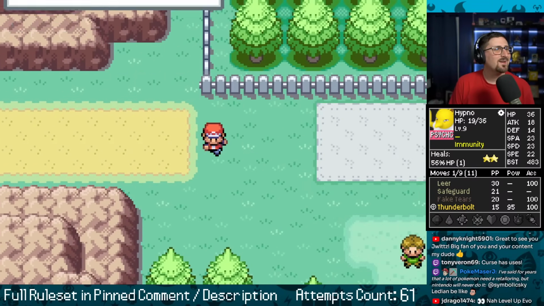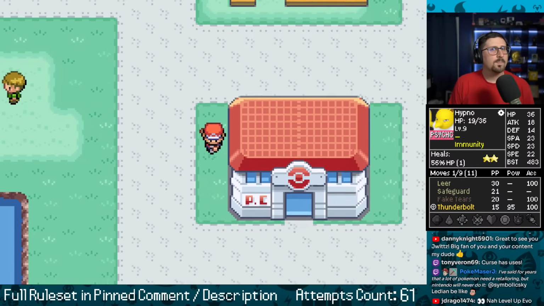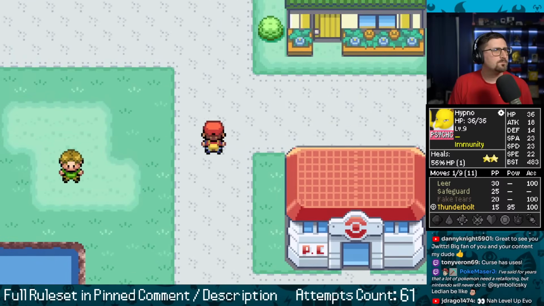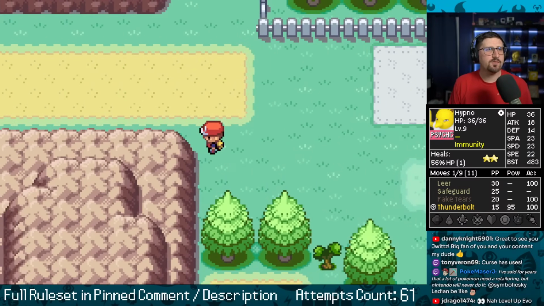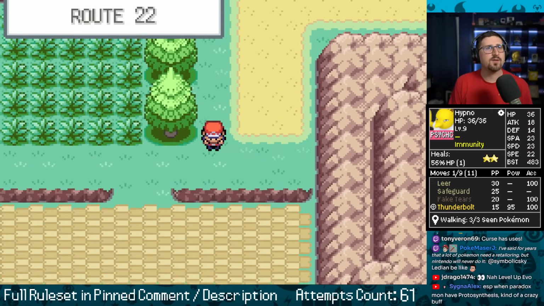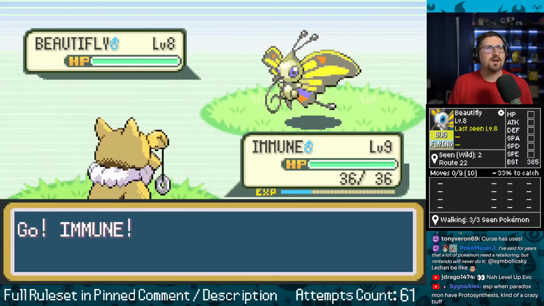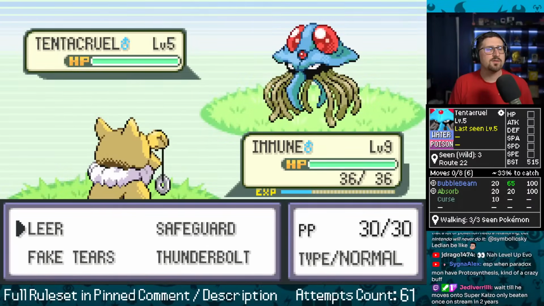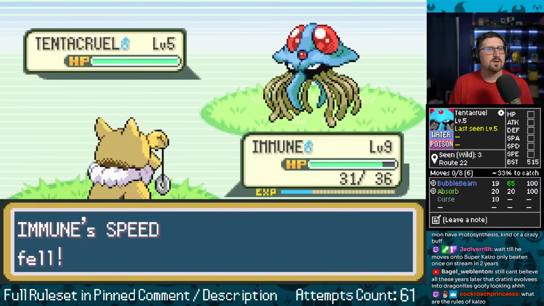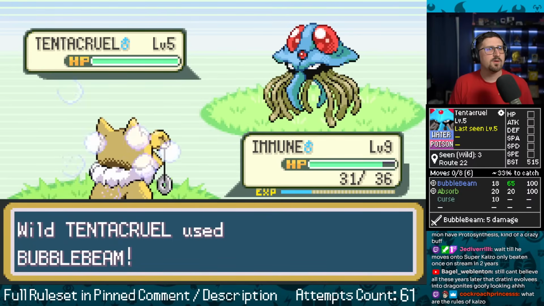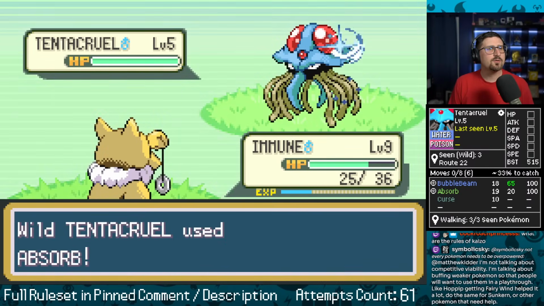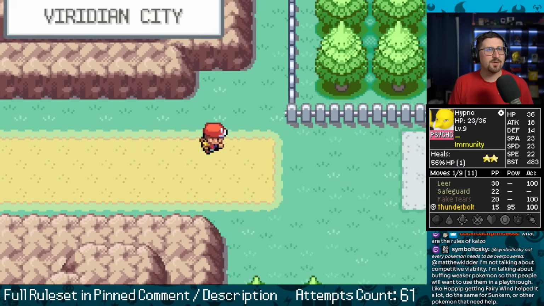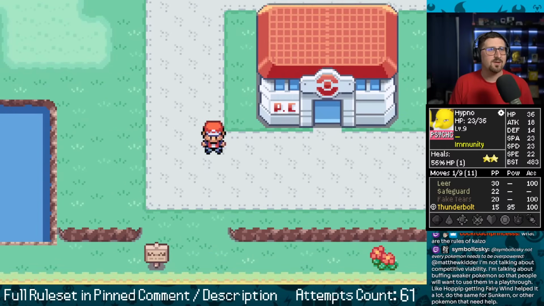What the heck? Level up? What? You mean keep going with Hypno? Yeah, Curse has uses? Oh, for sure. I mean, it's not bad. It's not a nothing move. My fear is I think I need to see a level 8 Tentacruel just in case. See if it knows a different move. I am just trying to see. Okay, show me your fourth move. Why is this Tentacruel so smart? The AI is supposed to, for wild Pokemon, just pick something random, right?